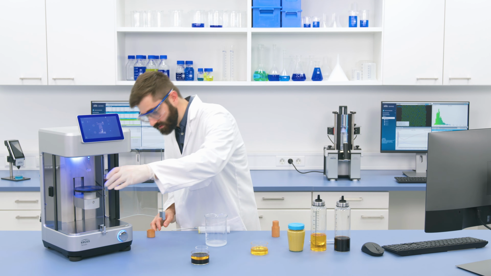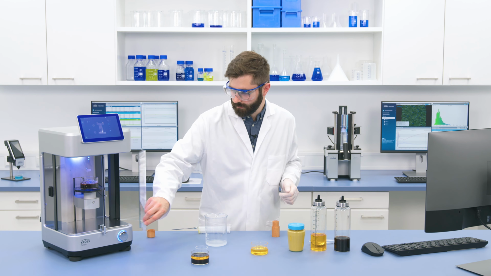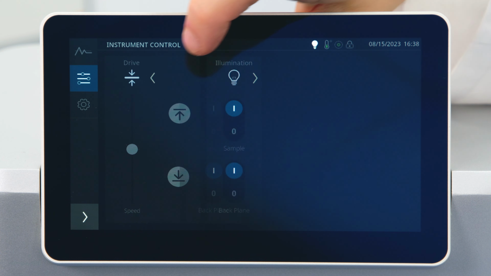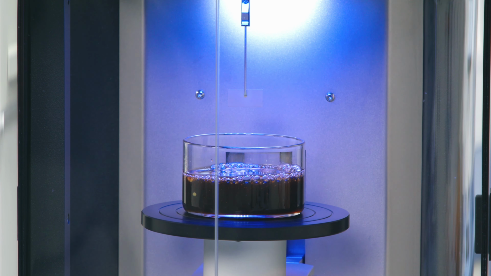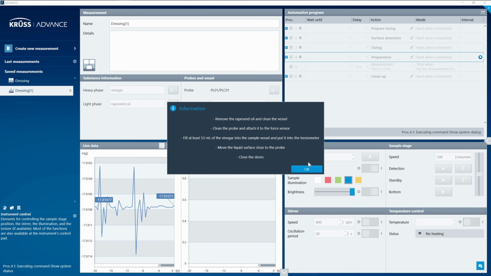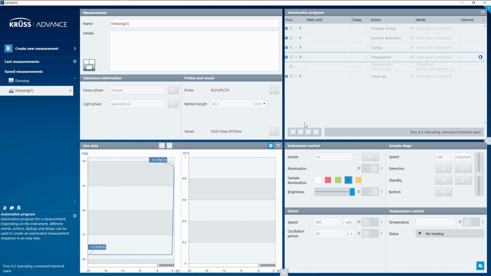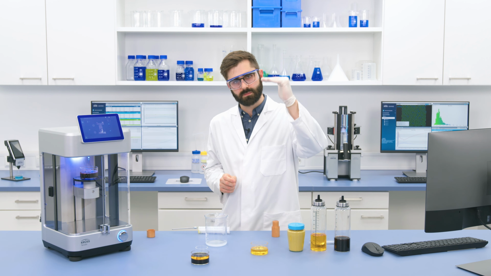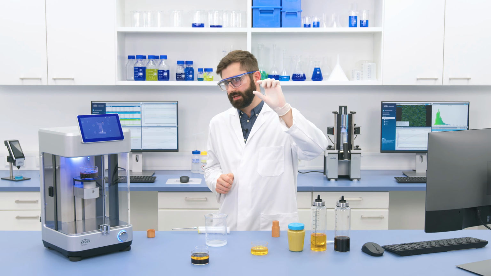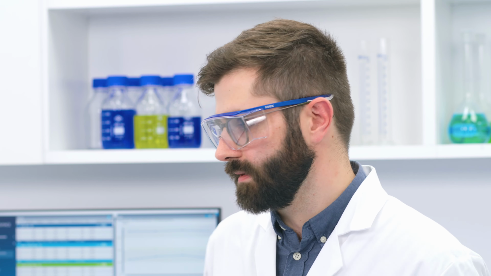Now I can put this mixture back onto the sample stage and I can start with the next step. I'll move my sample up using my automatic positioning. And in the software, I press the OK button again. And it will just run through those steps again. This time measuring, just putting the plate a little bit into the surface of the vinegar, right? Just so we've got the plate right on the interface of what will be the interface between the vinegar and the oil.